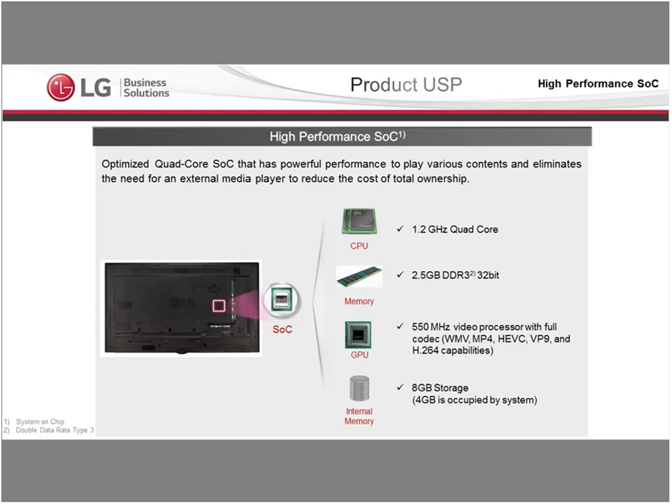That's extremely powerful. A 550 megahertz video processor with full video codec. So it handles most every video codec you're going to throw at it, which means you're not going to have that be an issue. And then 8 gigabyte of storage, 4 of which is operated by the operating system,